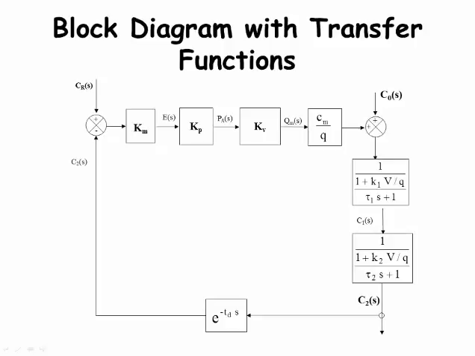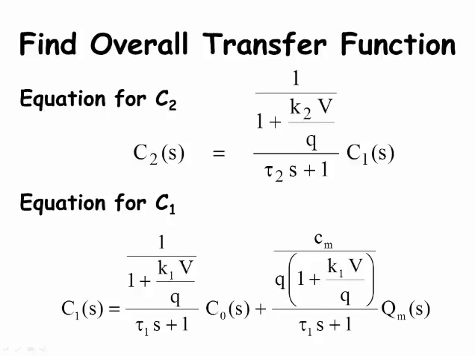The next step is to develop the overall transfer function. There are multiple ways to write the overall transfer function that gives C2 as a function of all the transfer functions shown and the input functions CR and C0. The method we are going to use this time starts with the equations for C2 and C1 that were developed from the time-dependent mass balances. The top equation is the transfer function for C2. The second equation is the transfer function for C1. By substituting the equation for C1 into the equation for C2, we get the equation shown on the next slide.